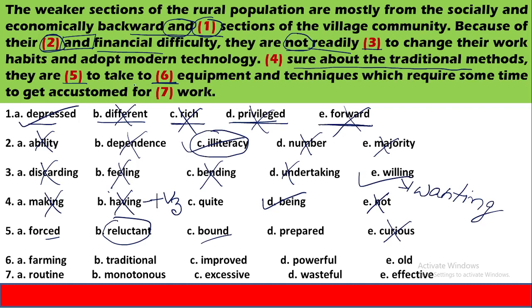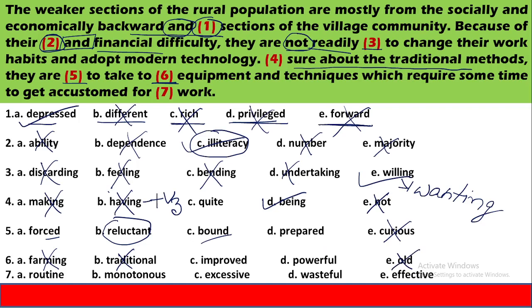It means they are unwilling to start using dash equipment. If I pick the word traditional, they are already using traditional equipment, so this option is not appropriate. Farming equipment, it's not about farming equipment. It's about equipment, either modern equipment, technology, or traditional technology. I think they are already using traditional, so this option will not go there. Improved, powerful, these are the positive words. These options can be considered. Old, no, traditional and old both give the same meaning, so I rule out this option also.